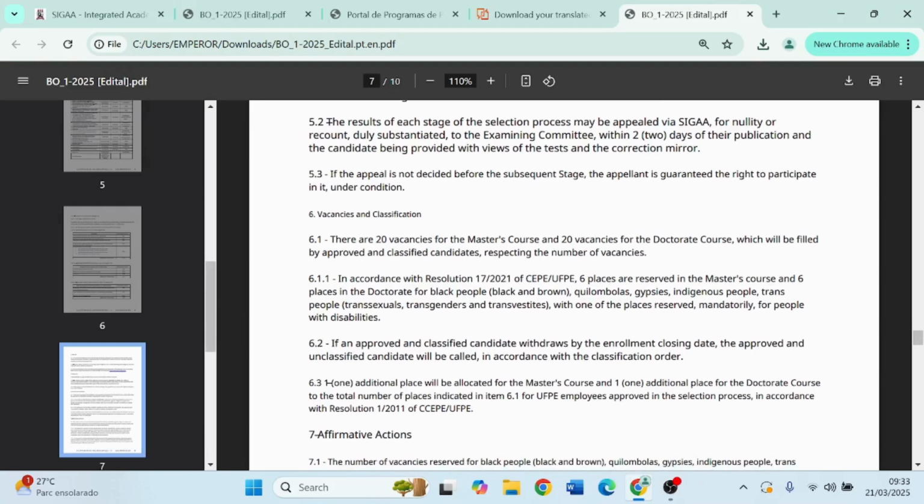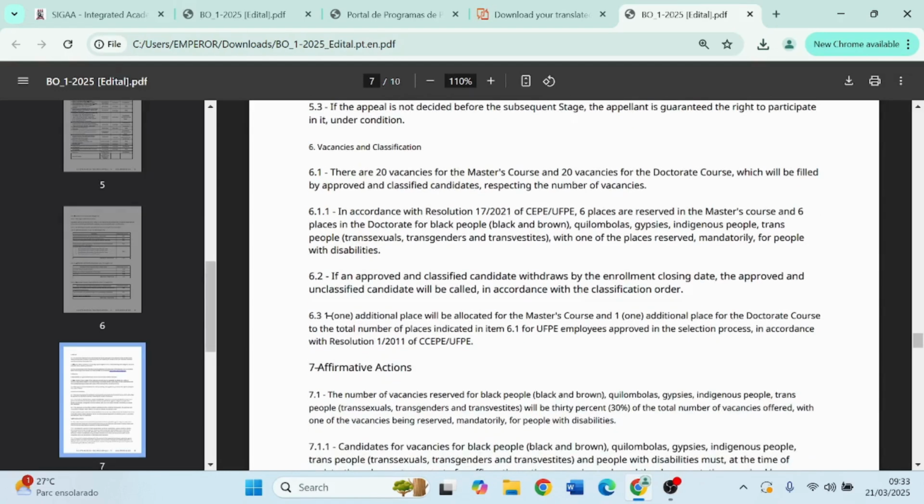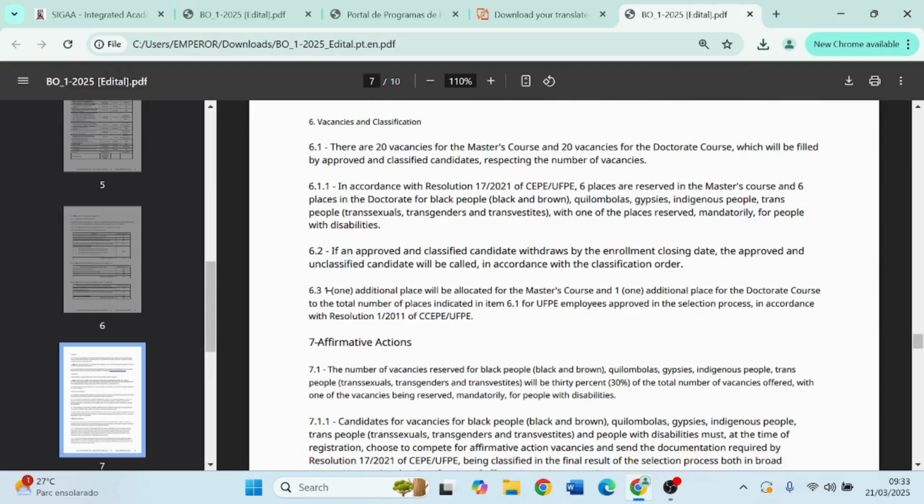If the appeal is not decided before the subsequent stage, the appellant is guaranteed the right to participate in it under condition. So vacancies: there are 20 vacancies for masters and 20 for PhD. These are reserved, as you can see, what I mentioned earlier, in accordance with Resolution 17/2021 of